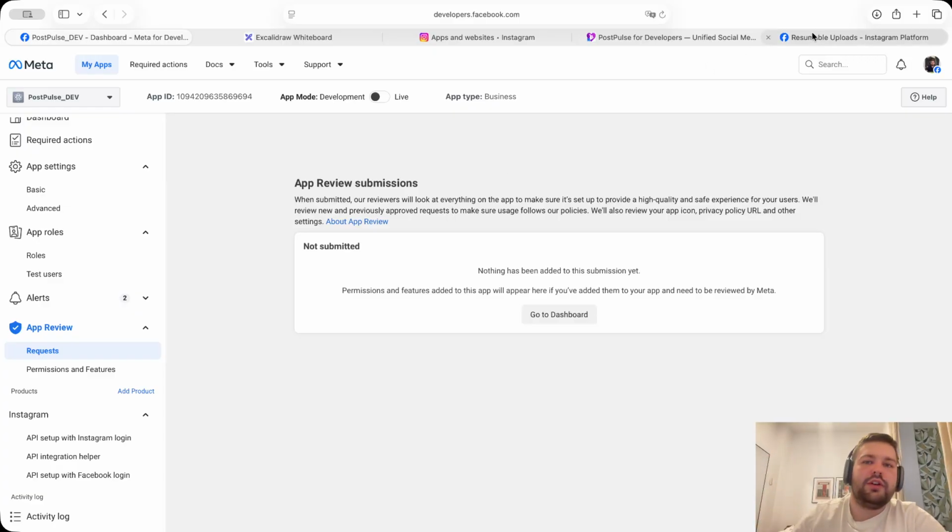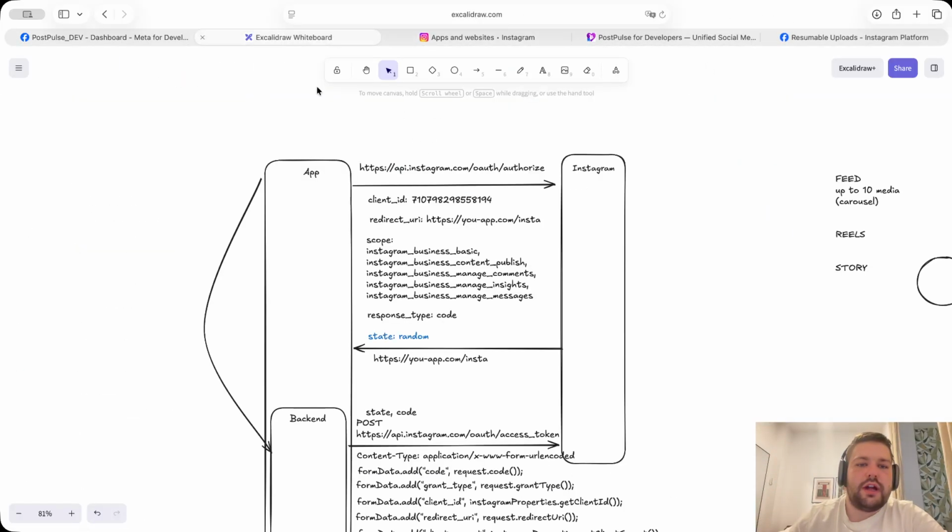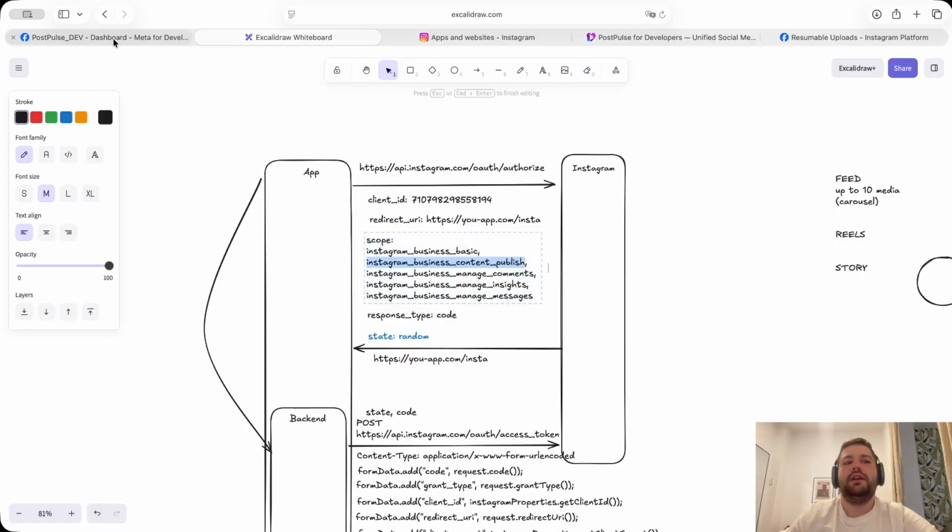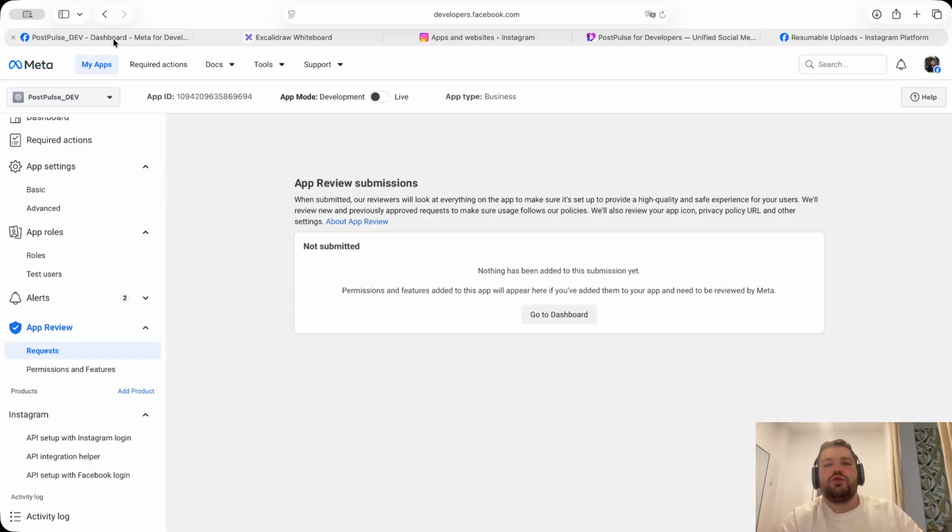For example, if you're talking about content publishing, right? It should obviously show how you publish something and it appears in Instagram after this, right? Or for example, if it's insights, you can show that you requested here, you go to Instagram, you click like, you go back to your application, and there's a like here now. So this is obviously because of this scope. And you need to show it in as much detail as possible and describe it in as much detail as possible. It's hard because we are not reviewers. We are just